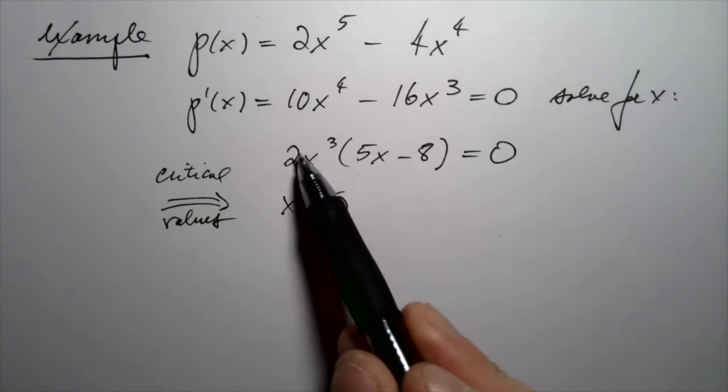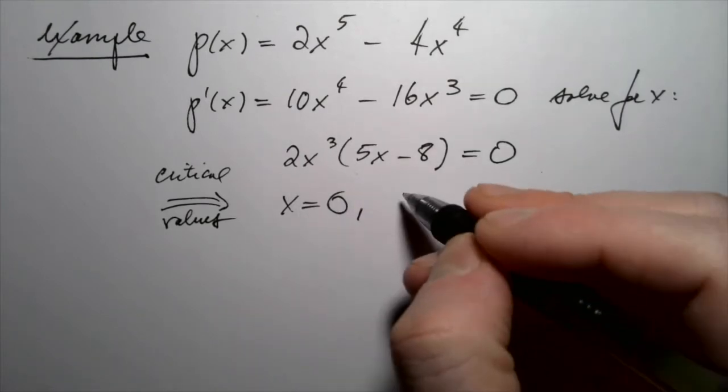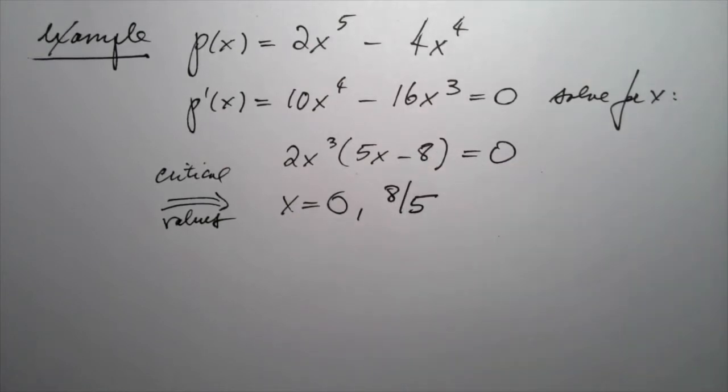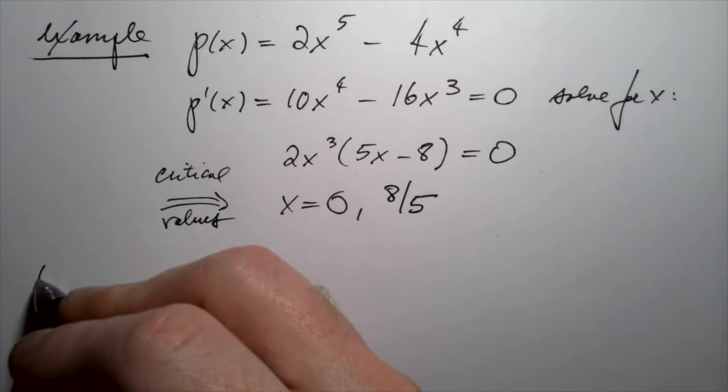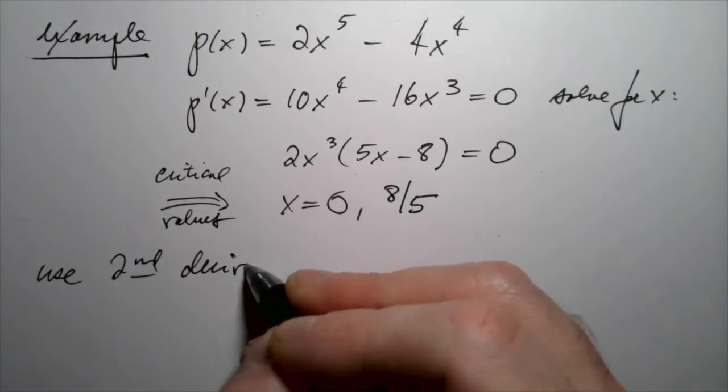If x is 0, then x cubed is 0, so that'll satisfy the equation. But also at 8 over 5. That's the x value that makes that second term in the factorization 0. So we have our two critical values,